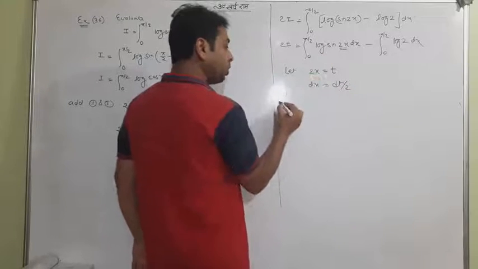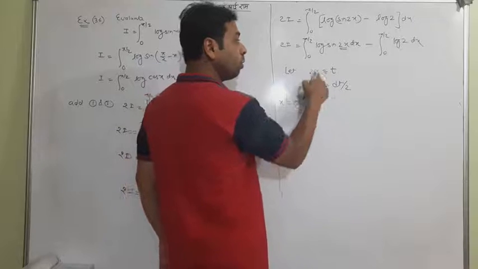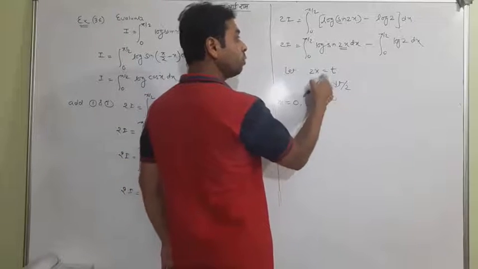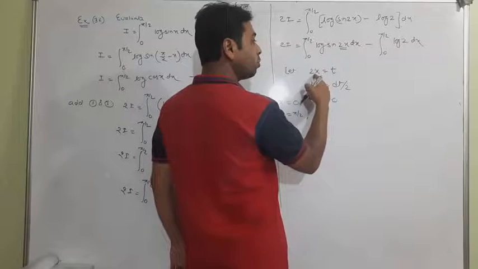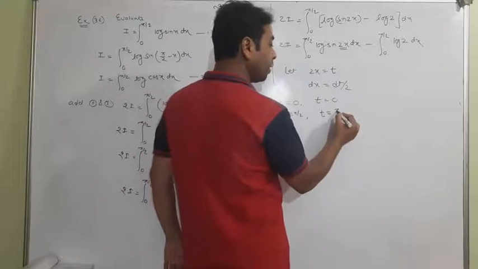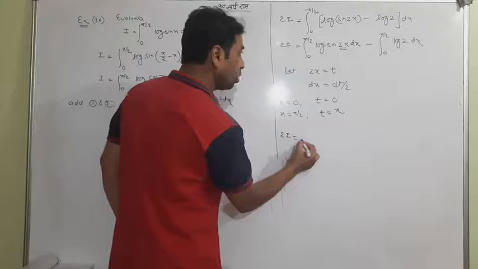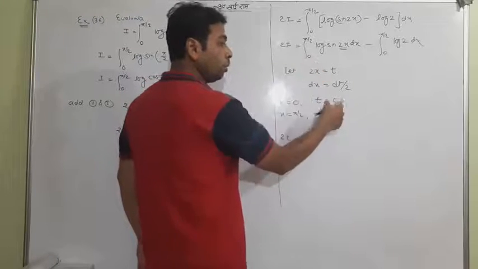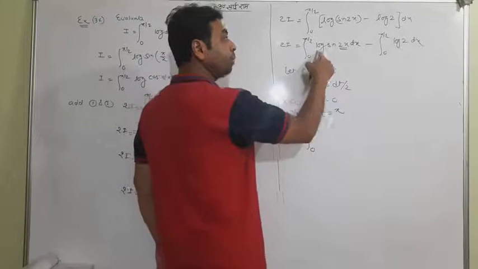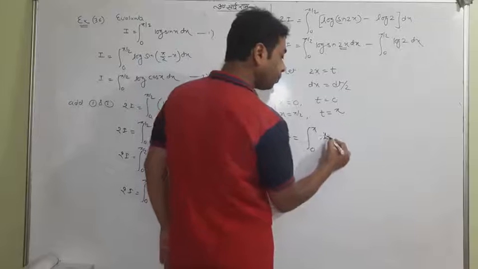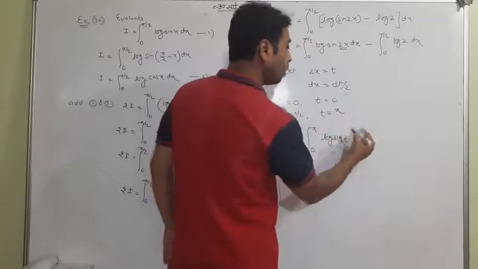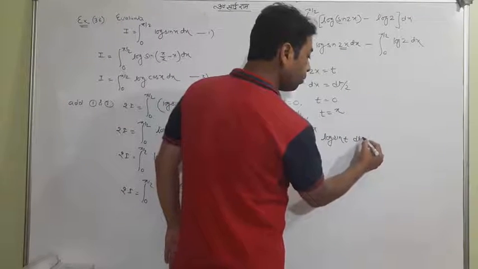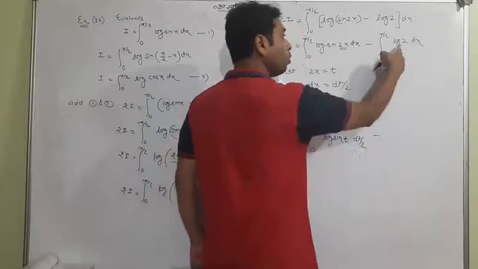Also the limit changes: when x equal to 0, t equal to 0; when x equal to pi by 2, that is 2 pi by 2, meaning t equal to pi. So your integral changes from 0 to pi, log sin t, and dx will be dt by 2,